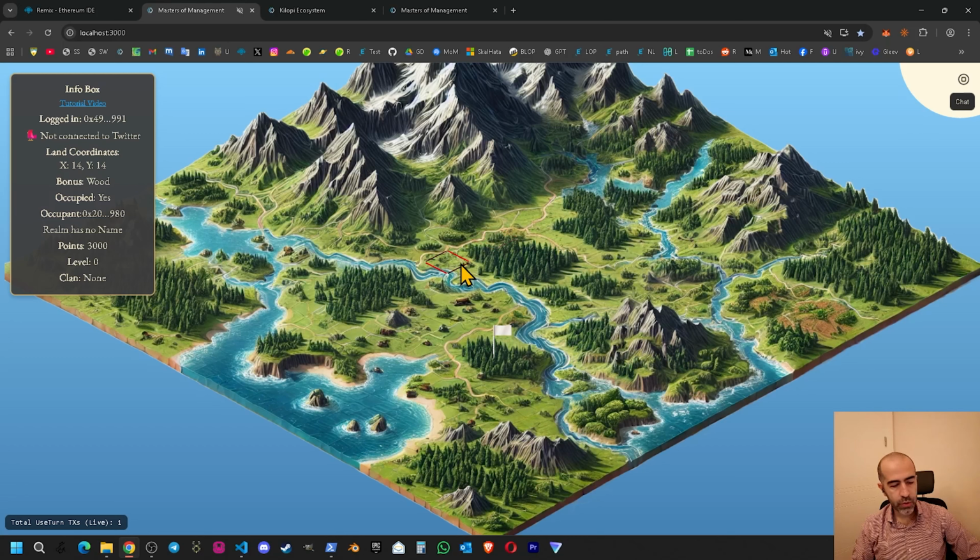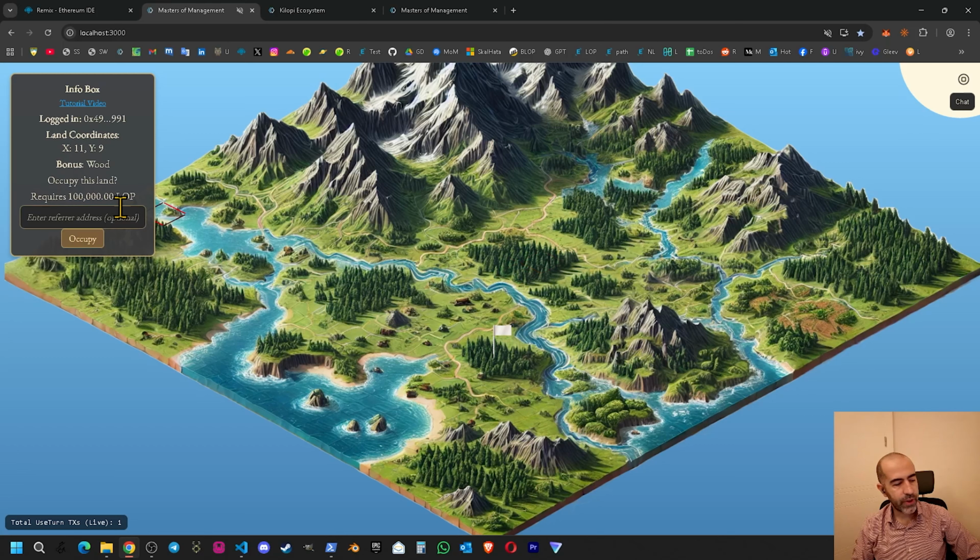If you put your land on sale, another person can right click on the flag and he will be able to see in here, this land is on sale with this number, for example 200,000 LOP tokens. Do you want to buy it? So you can purchase lands with different amounts of LOP token, but if it is free, it is fixed